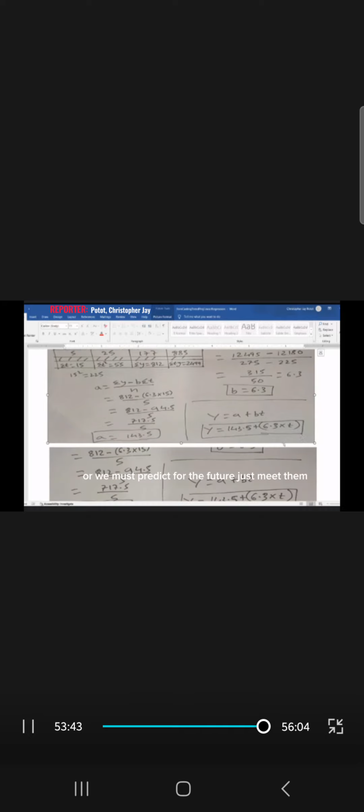Suppose we must predict for the future, which is week 10. So to find the week 10 formula, we just follow the formula in here. So y sub 10, meaning we are finding week 10 in our formula, plugging in the values, times 10, and that would be equal to 206.5, or approximately 207. So that would be all for the example.